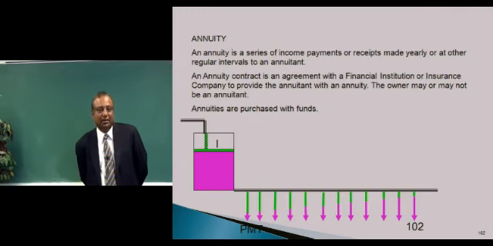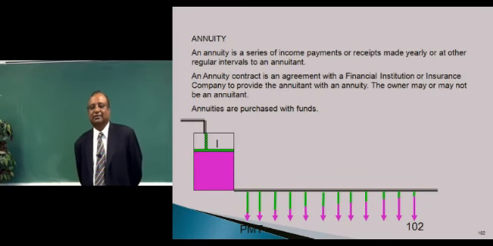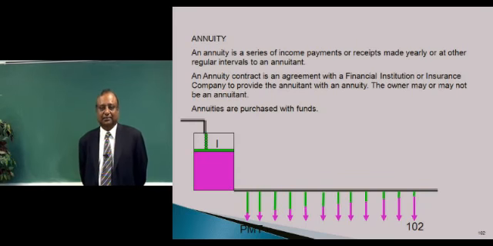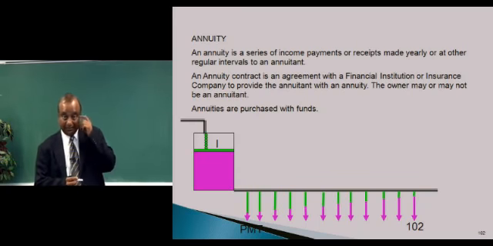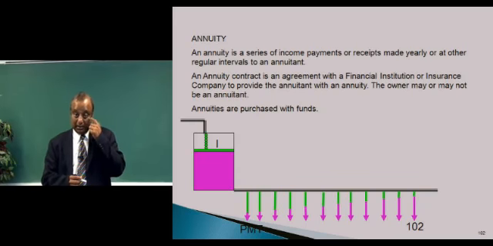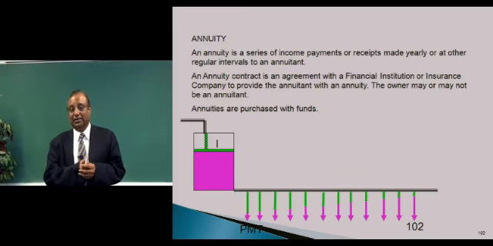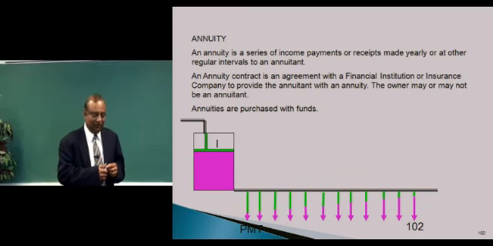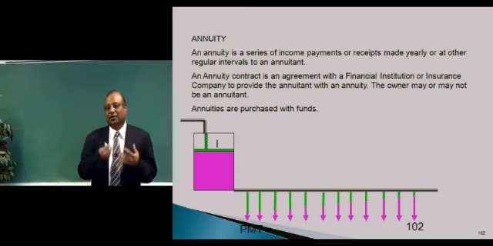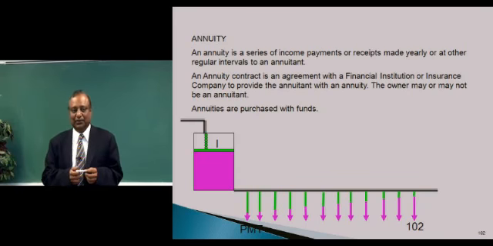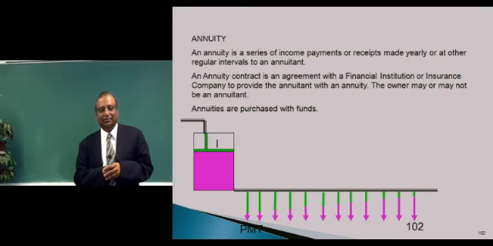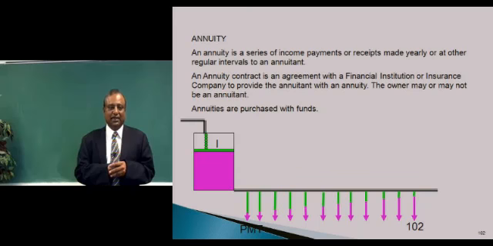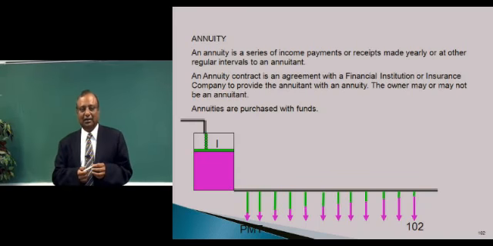Annuity, you buy with lump sum money that you have and fix the term. So, if I have some money, I give it to a financial institution, they fix an interest rate. And let's say I want the payments annually, though you can take it monthly, weekly, fortnightly, whatever one chooses. But just for our discussion, let's assume that we're taking the payments annually. Through the year, the principal that I gave the financial institution earns some interest. The financial institution pays back the interest earned as well as a small portion of the principal.